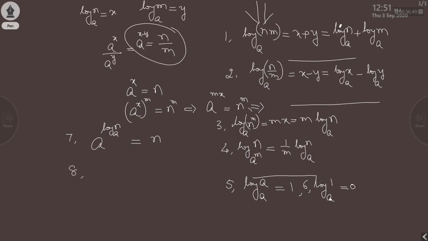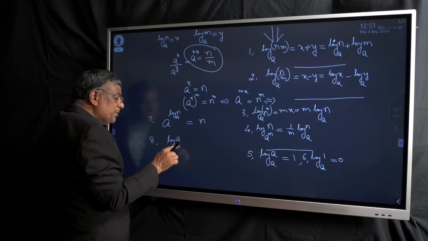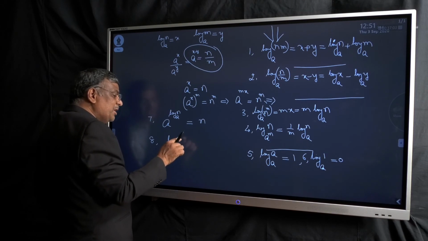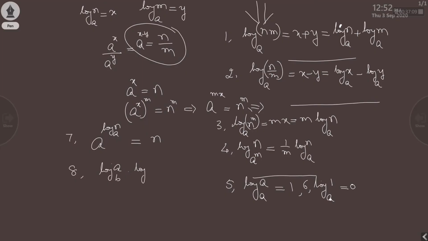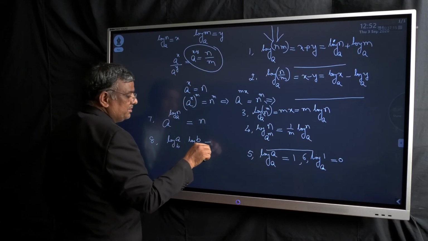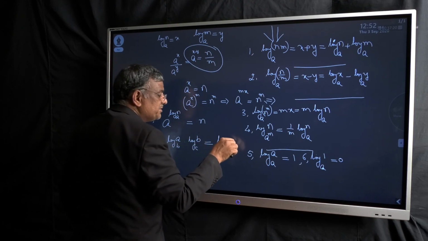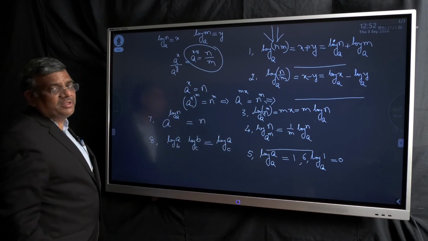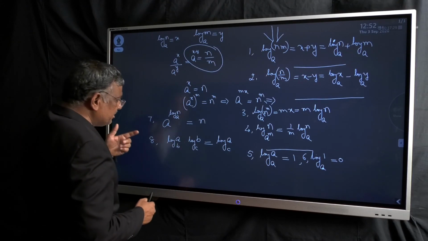Okay? And similarly, log a to the base b. That is logarithm of a to the base b, which means its value is that b power must be raised so that b power of that quantity is a. Such a number is this, multiplied with logarithm of b to the base c. Here c power must be raised. Then this value will be logarithm of a to the base c. This also follows from the definition of logarithm itself. So this is the 8th property.